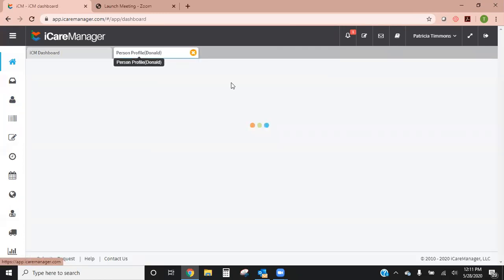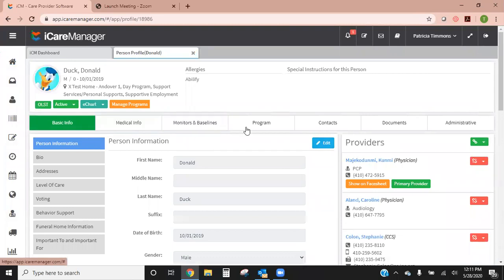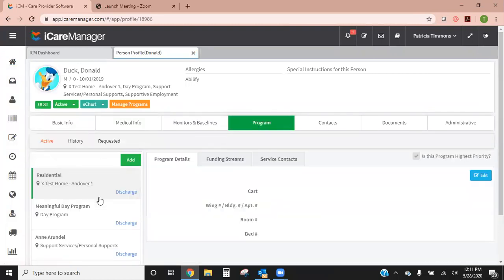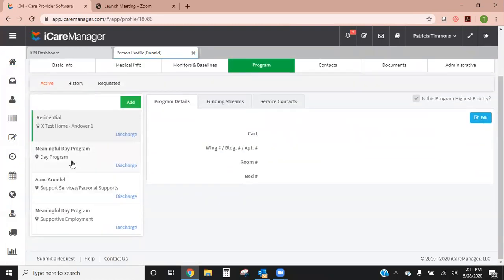So hopefully that's a good example for you to add service funding streams to somebody. Now you can also discontinue a service funding stream. So let me see who I want to get them out of. Maybe for the supportive employment,